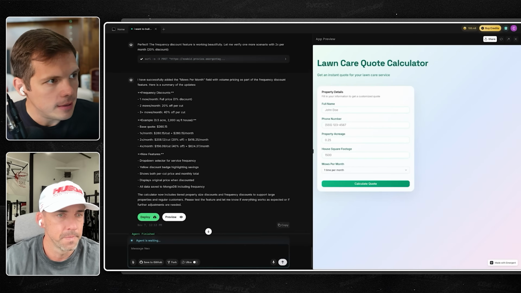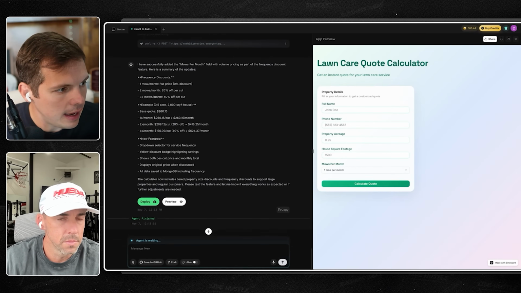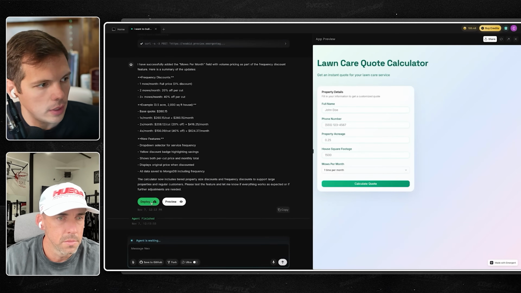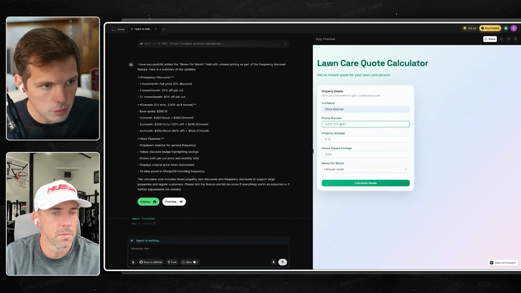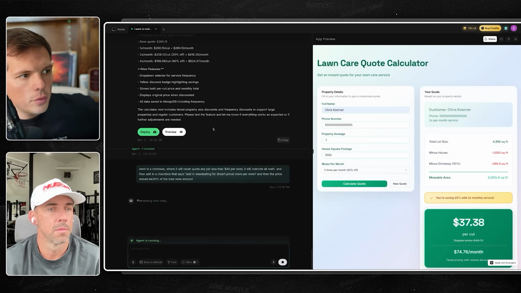Okay. So I like how it gives you an option to deploy it right within the chat window with a big green button. You can't miss it. You can preview it by clicking that. I don't want to talk you through what I've done so far, but I want to test it first. All right. Can I walk you through what I've done?